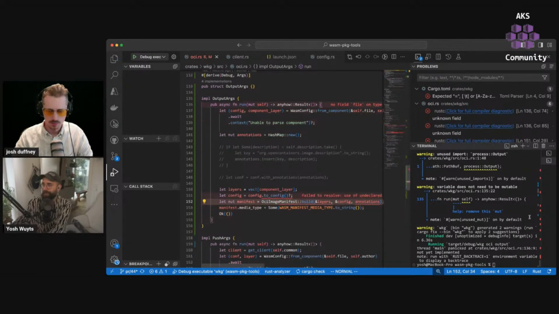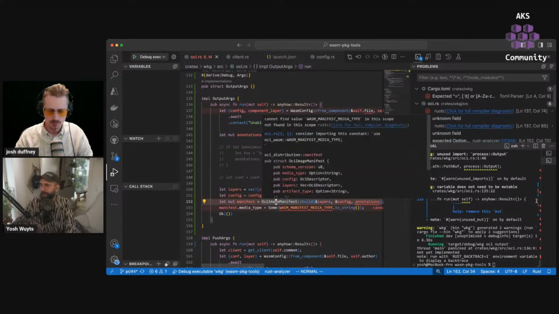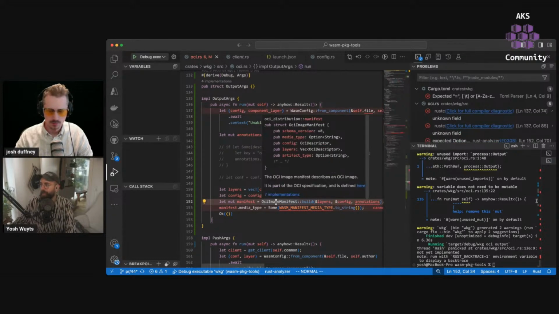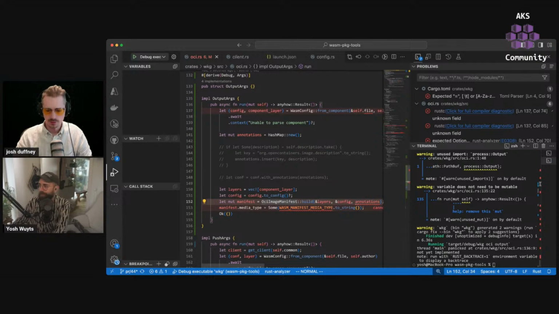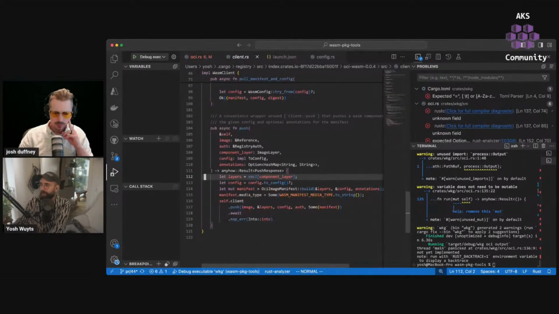Import OCI image manifest. Now it might be complaining about our annotations. Artifact type. Oh, it doesn't like that. Okay. It's going to be given to it as a string, probably. Okay, so what is annotations here? It's an option of a hash map of string. So we need,